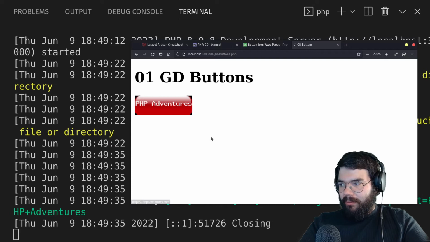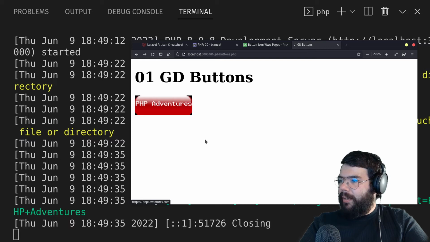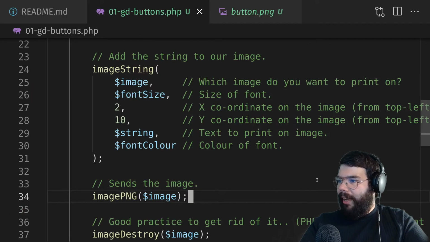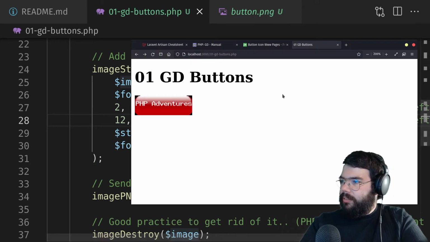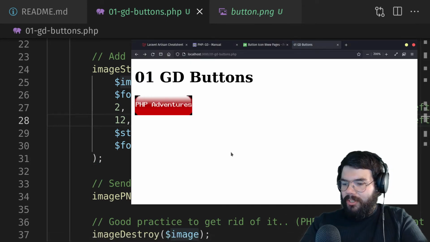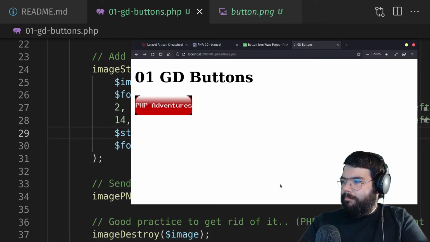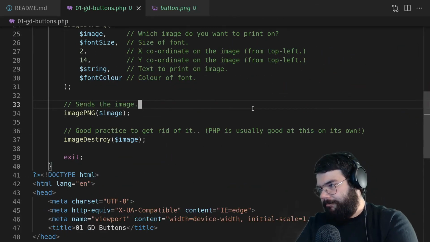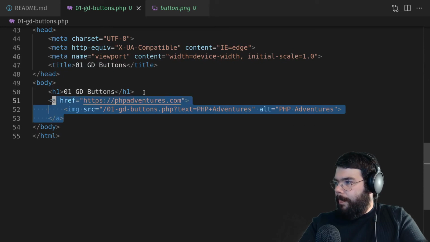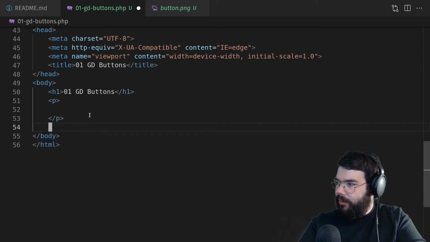This was a link wrapped around a button, so I can actually click on it and visit the site. Awesome. Okay. So completely dynamic. We probably wanted to nudge it down just a little bit for the Y coordinate. So maybe we'll try 12. See how that looks? I'll refresh. Ooh, maybe just a bit more. All right, nice. And just as proof of concept here for a dynamic image, I should actually, semantic HTML, probably throw it at least in a paragraph or a list or something, but